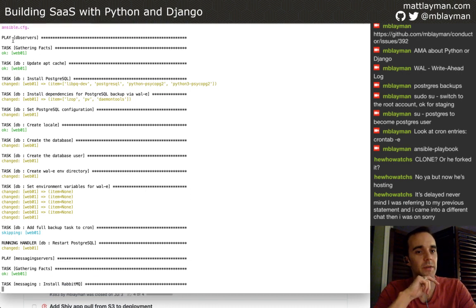So it's gone through the database server role, and it finished all that. It installed Postgres. It installed all of the backup stuff that we just did tonight, and restarted Postgres. And now we're at this step where it's installing RabbitMQ, which is